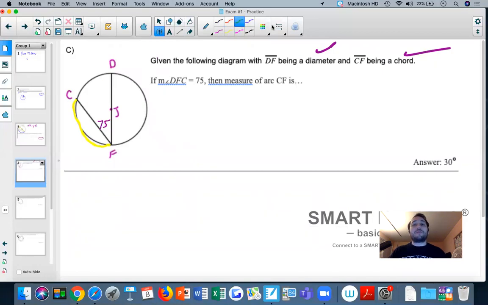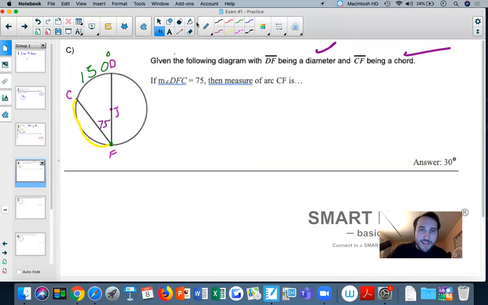Like we always say, follow your nose. What's the only thing they give us right now? They give us an angle, and they explain what these lines are. So that being said, the only thing we can do is play around with this angle. So if the angle is 75, remember that's an inscribed angle. The vertex of that angle is on the circle. So the angle is half the measure of the arc. So that means the arc is double the angle. So I'm going to use my calculator. What's double of 75? So 75 times 2 is 150